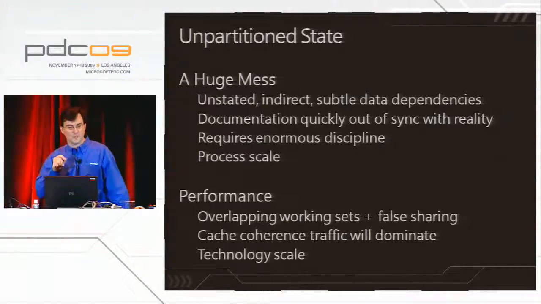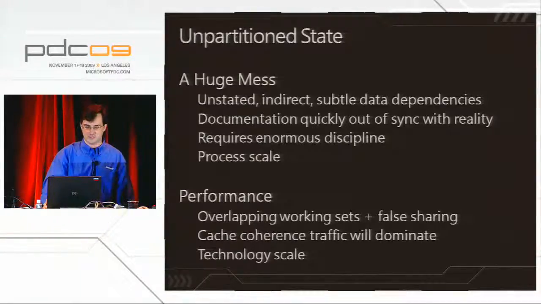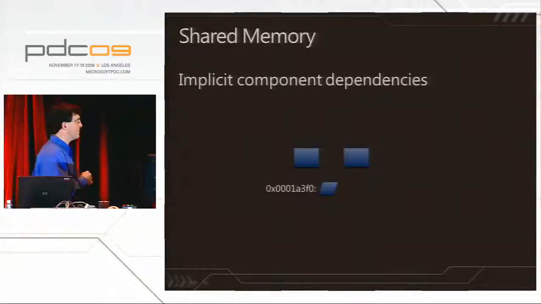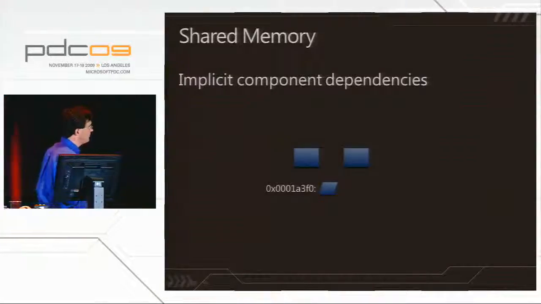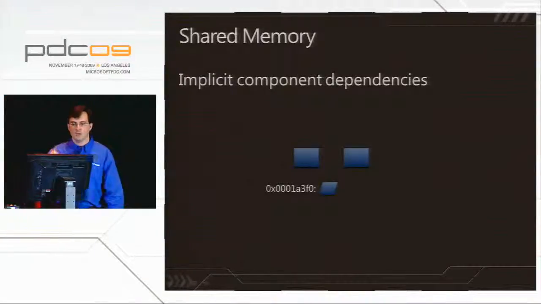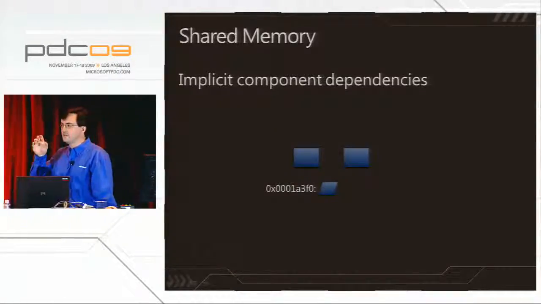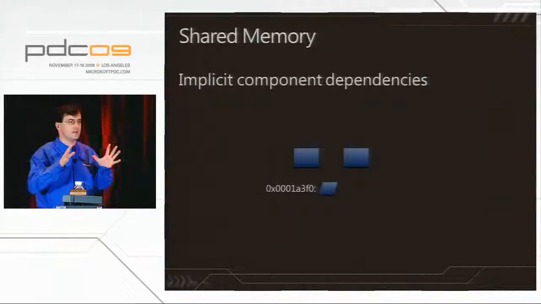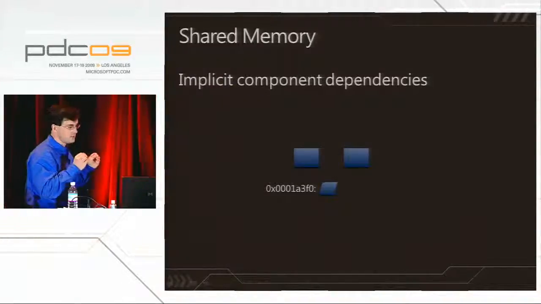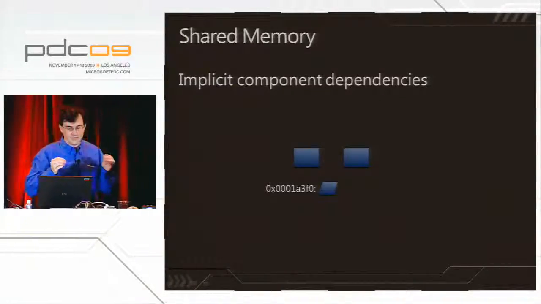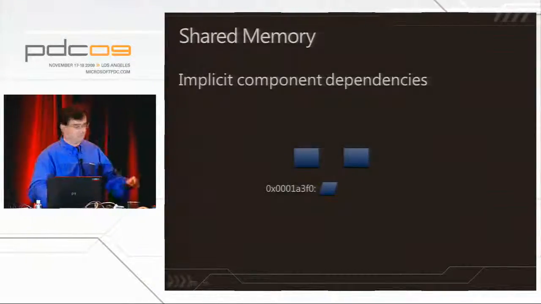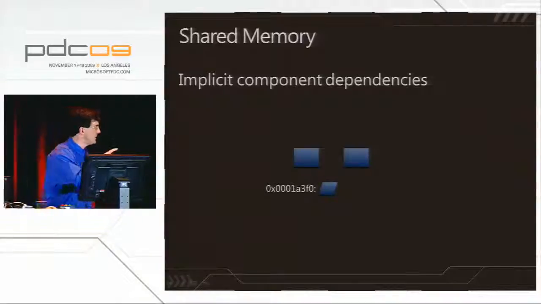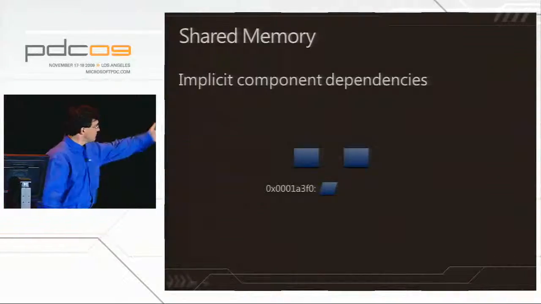But the approach that I'm suggesting will also address the technology scale. So, shared memory. We have implicit component dependencies, right? And this is the key: they're implicit. They're not expressed anywhere in the code, except in completely ad hoc fashions. So when two or more parallel components access a common address cell or memory cell